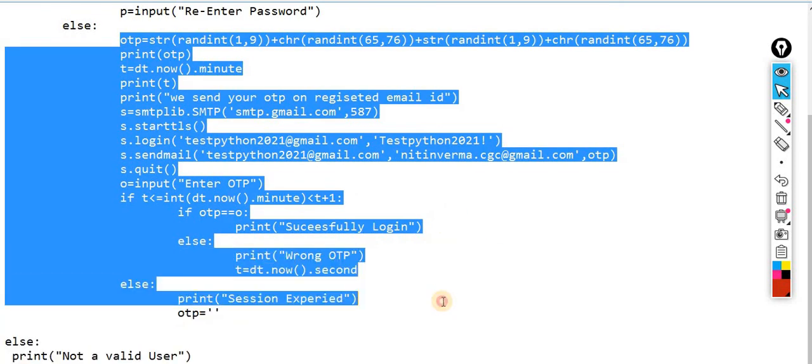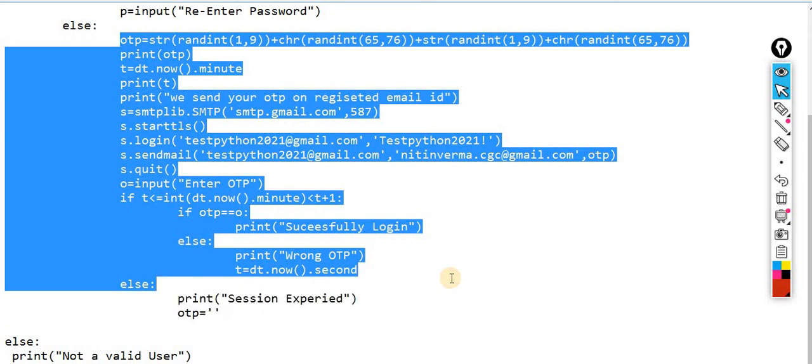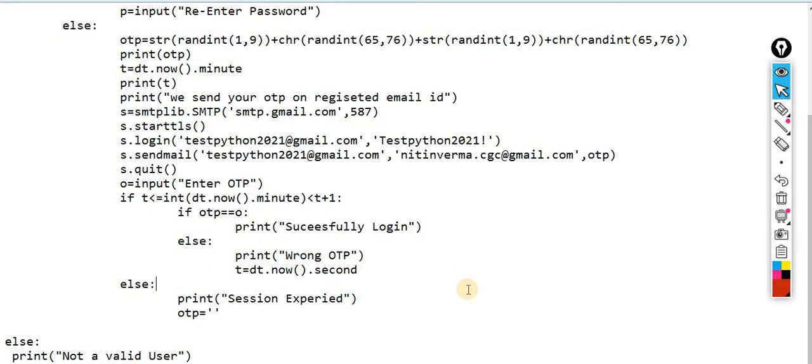I will share this code with you, and make sure if you want to run this, just allow less secure apps. Then you are supposed to perform this. Otherwise, it will give you an error message. The session could not happen if you don't allow that. So you have to allow it, and then supply your own email ID and password, because this password is going to be changed after closing this session. So you have to pass your email ID.